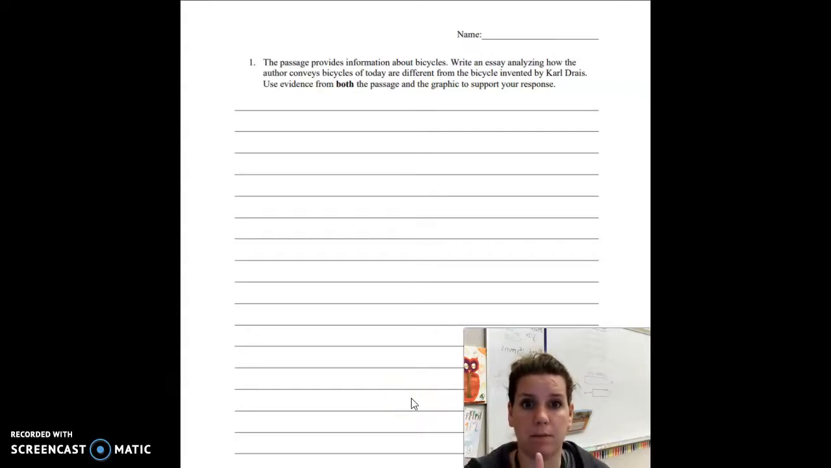So we went over the prompt. Now you want to go read, highlight, underline anything that's important, fill out your graphic organizer, write your TDA,